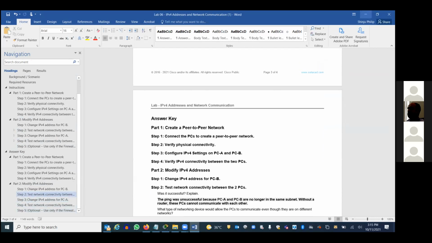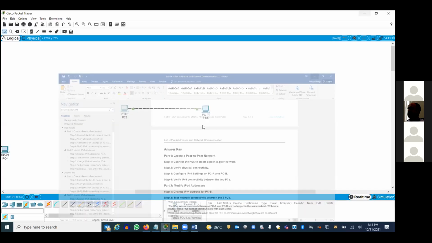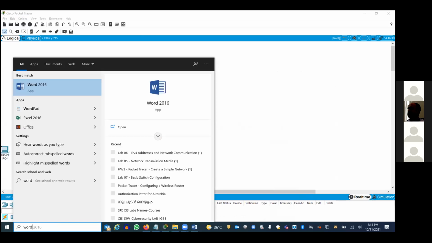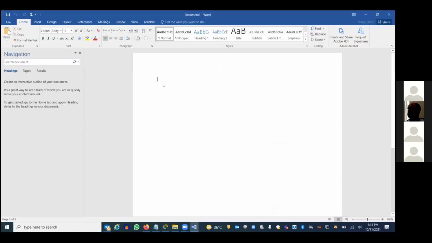Okay, one more thing I will tell you. Here, for example, I'll give you a file. So here, for example, I have a PC1, right? What IP address did I configure on PC1? 192.168.0.1, right? PC2: 192.168.0.2. Maybe your teacher might have told you, you know the network part and the host part.